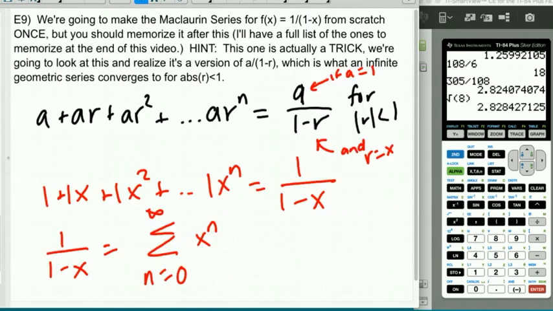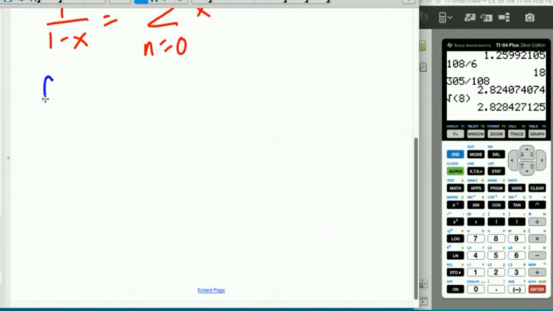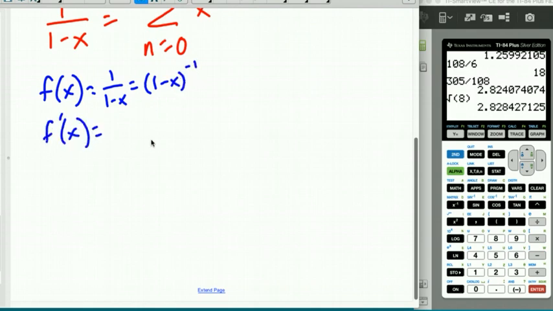Oh, if you wanted to do this the really ridiculous, awful way, the other way to do it is your f of x is 1 over 1 minus x, which is the same as (1 minus x) to the negative first, right? So f prime of x would be a negative times the quantity 1 minus x to the negative second, times the derivative of the negative x, which would look like this,